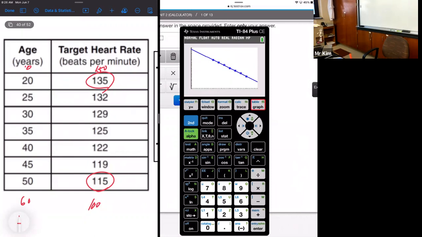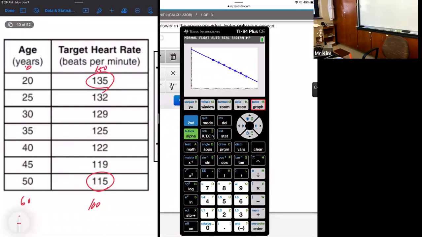So now guess what? If you press graph, I guess you didn't turn your step plot on. Okay, so press second y equals, that's the stat plot. Let's show one more time. Yeah, there you go. Press 1. Turn that on. Now press graph. Yay! There are your points right there.